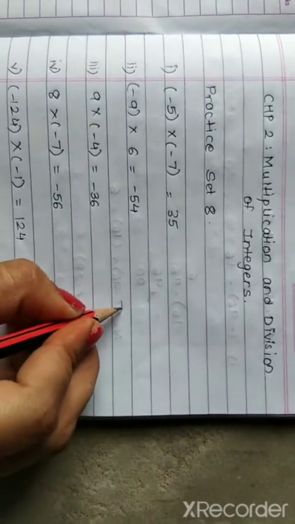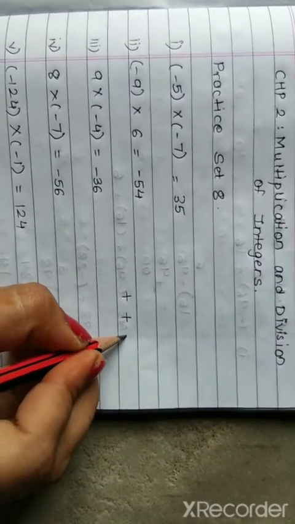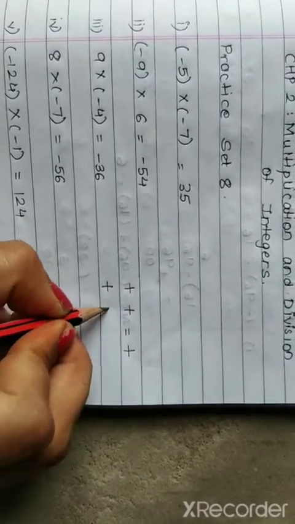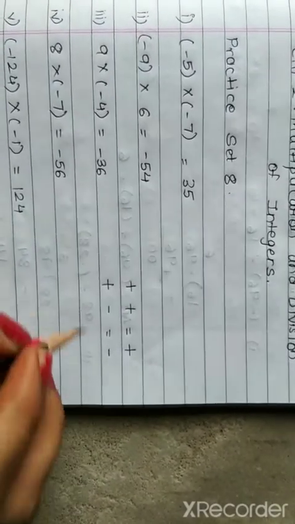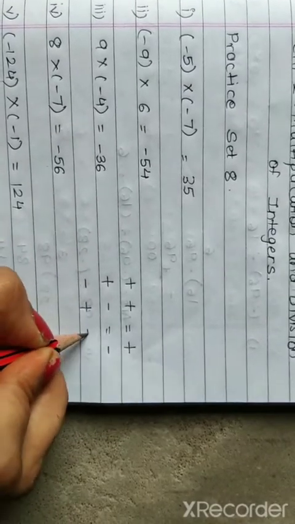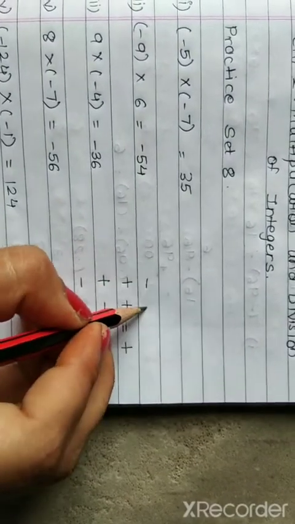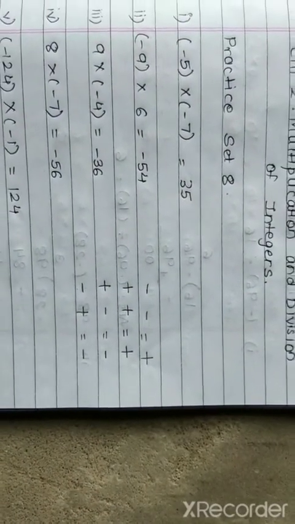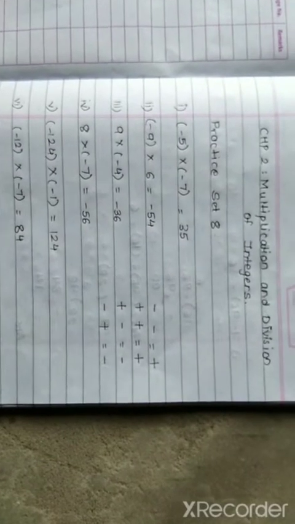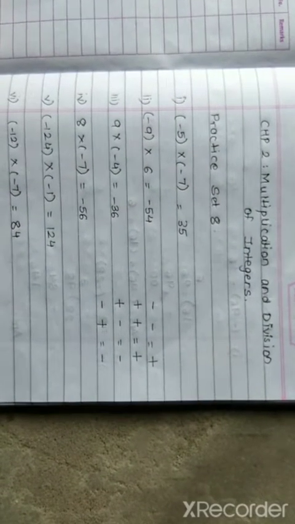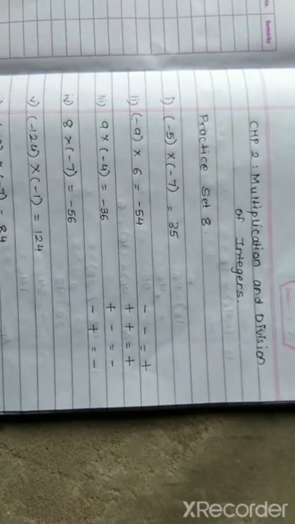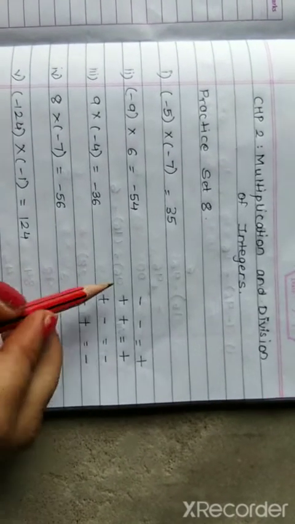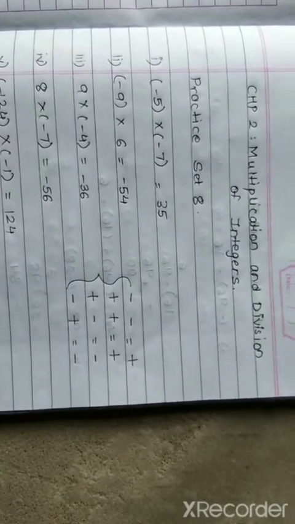Basic rule for this is, if we have two positive numbers, we take the answer as positive. If we have one positive, one negative, the answer is negative. Similarly, minus plus is also minus, and two negatives makes a positive. These four are the rules that we are going to follow while doing our multiplication. Earlier in standard 6 we have already studied about addition and subtraction of integers. In that case also we were doing the same thing.